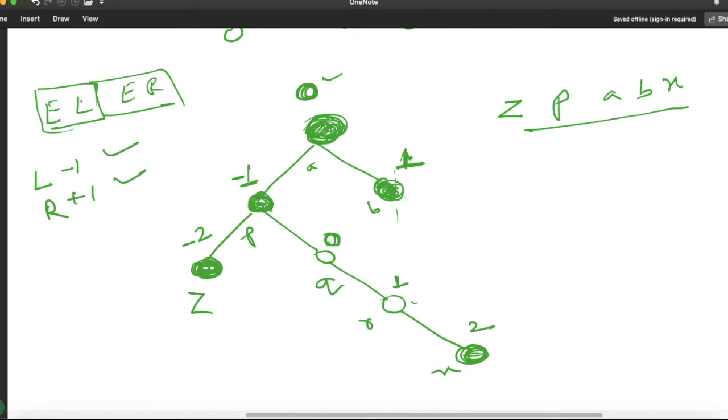Now from this node, whenever we are going to the left side, we have to again subtract 1. So it will be minus 2, minus 1, minus 1, it will be minus 2. And for the right side, we have to add 1. So minus 1 plus 1, it will become 0. Again we are moving to the right side for this node. So 1 will be added, so it will be 0 plus 1, 1. And again we are moving to the right side. So 1 will be added, so the value will become 2. Now we are done with the assignment.